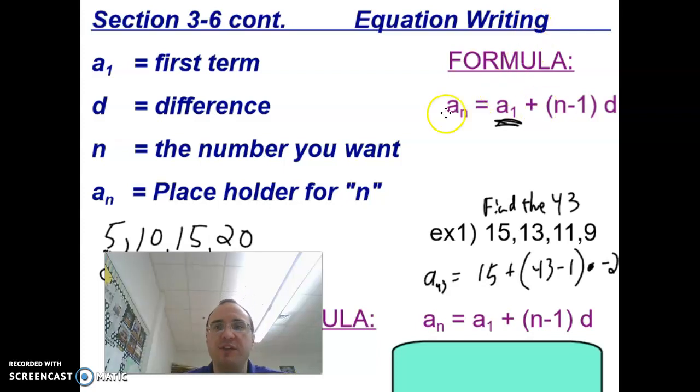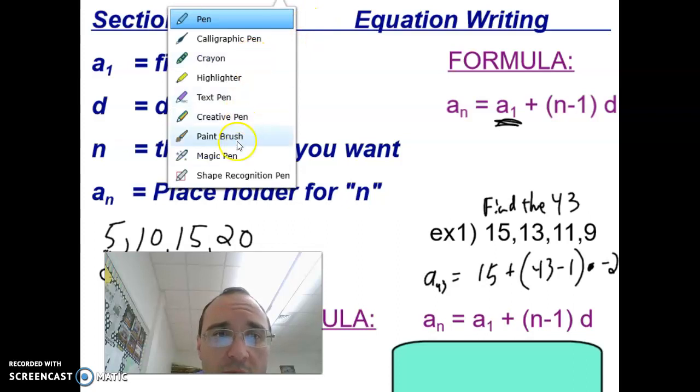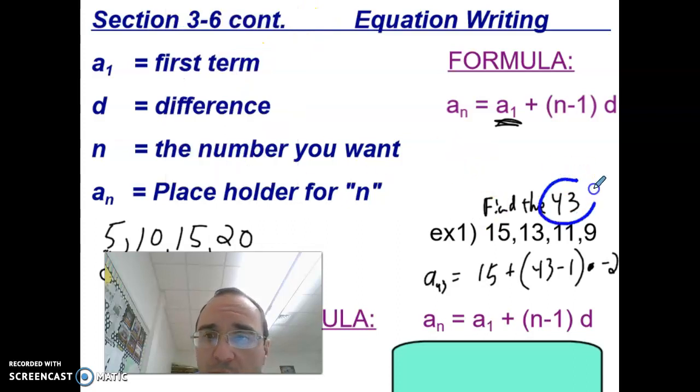So the formula states any number you're looking for is equal to the first number in a sequence plus the number in the term number you want minus 1 times the common difference. Let's look at this one down here. If I ask you for the 43rd term, that means I want a sub 43, so a 43 equals